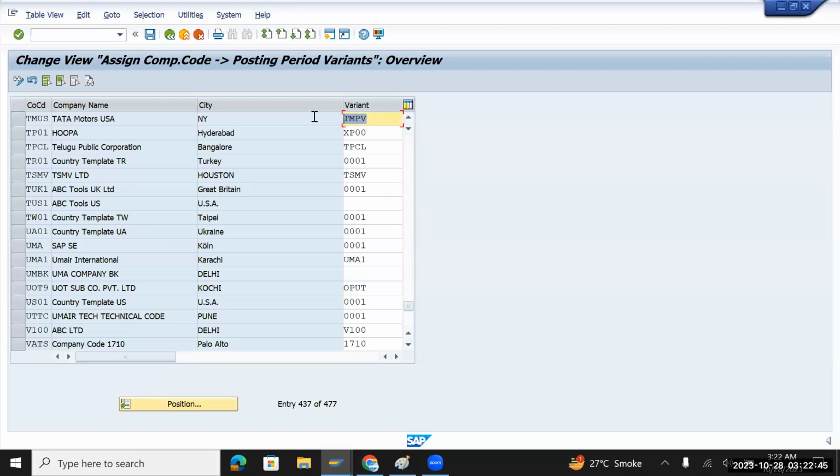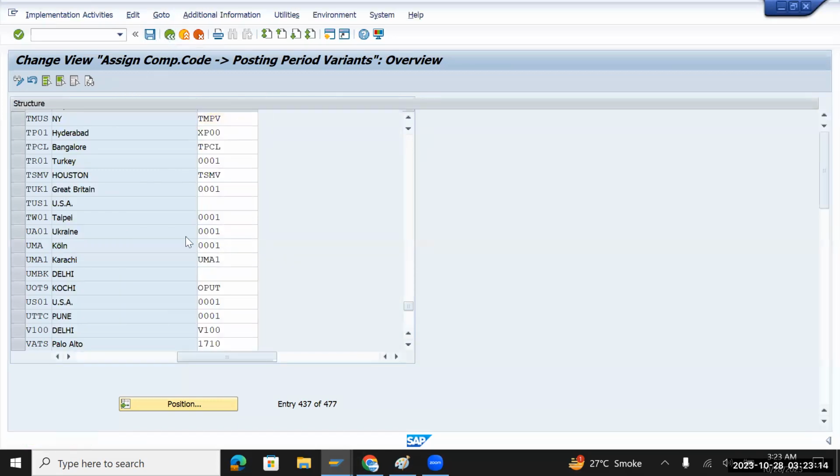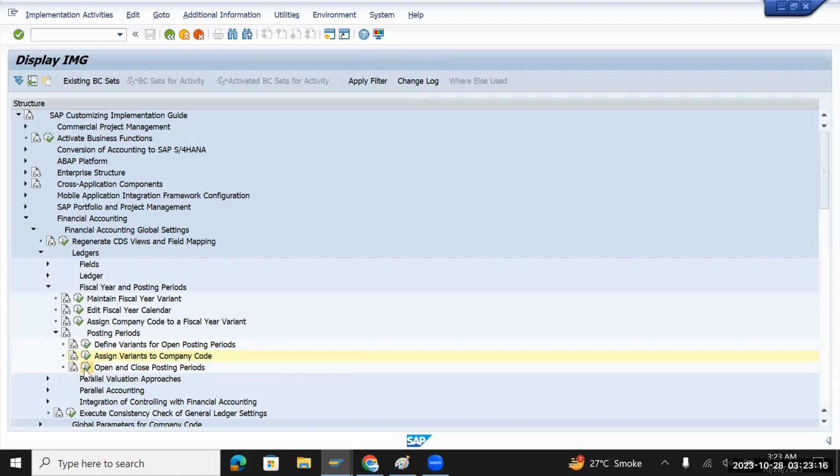So I am going to keep my variant as it is for my main company code non-leading ledger. So I have to keep this one here. Okay, so you should not be assigning your non-leading ledger variant which we are creating now here. You can keep as it is for the leading ledger variant. Save this one. Okay, you are not making any changes here. Then open and close posting periods